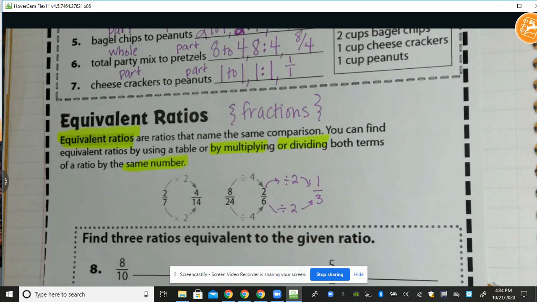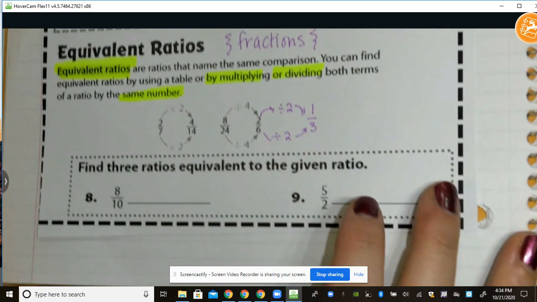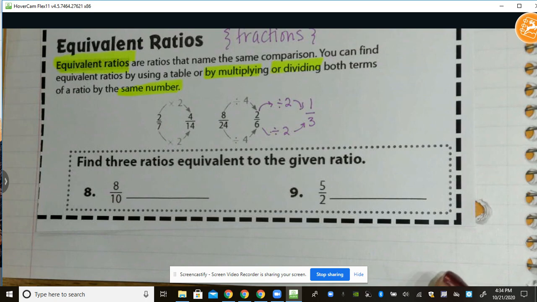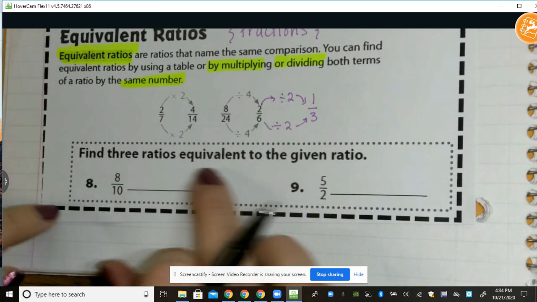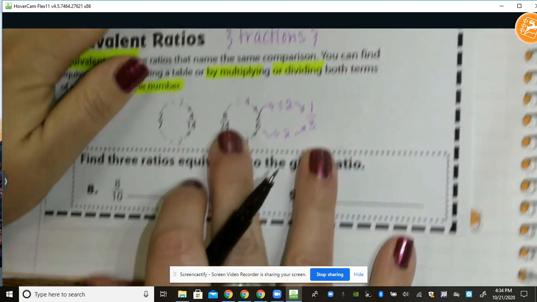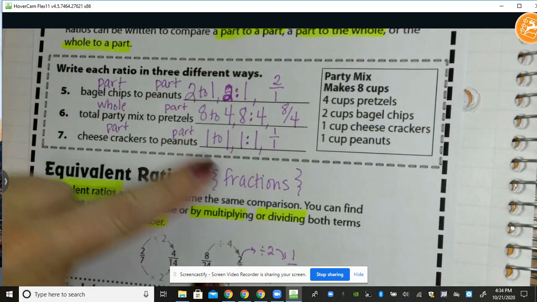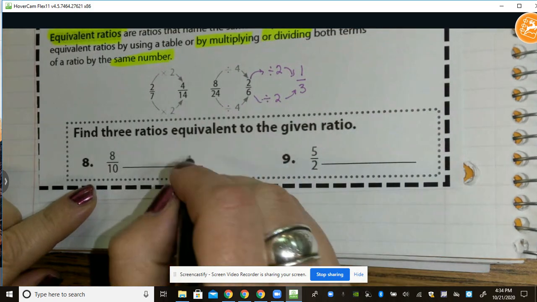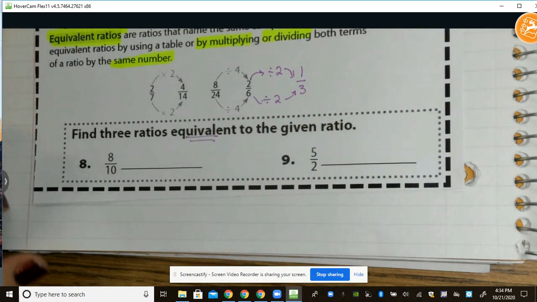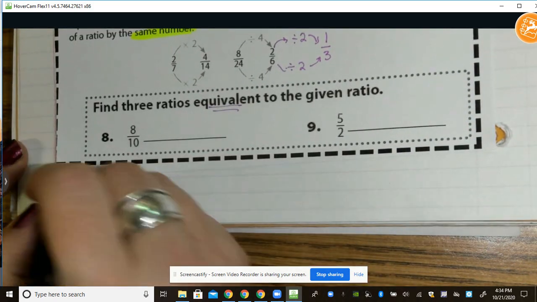All righty, now let's go down to the bottom. Find 3 ratios equivalent to the given ratio. So we're finding equivalent ratios, guys, not the different ways that you can write them. So these are ways you can write it. Here, we're talking about equivalent ratios. So if I have 8/10,